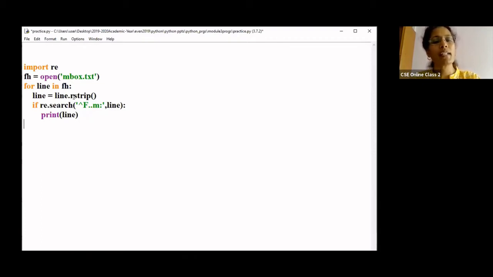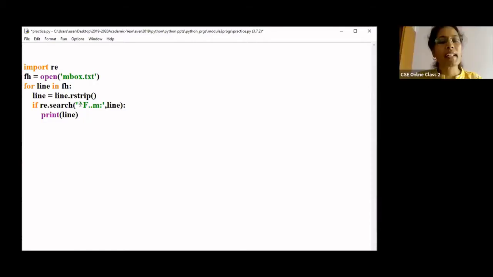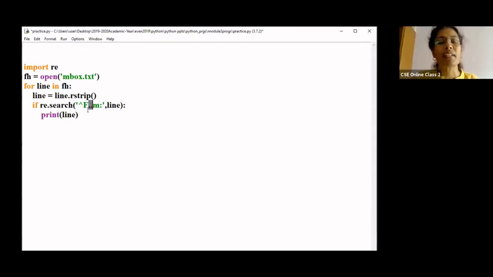If re.search, I have given the first character as the wildcard caret, then F, then 2 dots. What does this 2 dots indicate? A dot indicates one character, yes, any one character. Now I have given 2 dots, so any two characters.